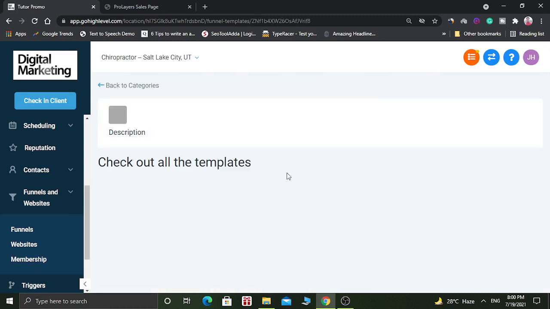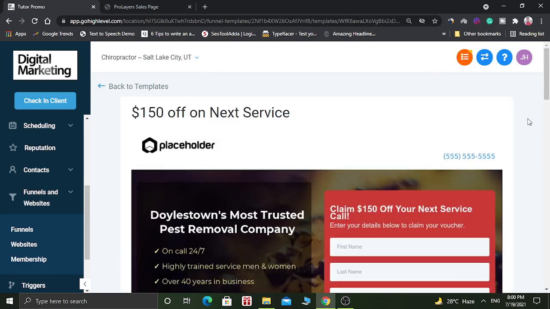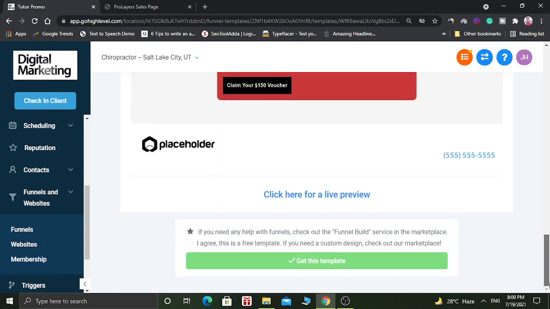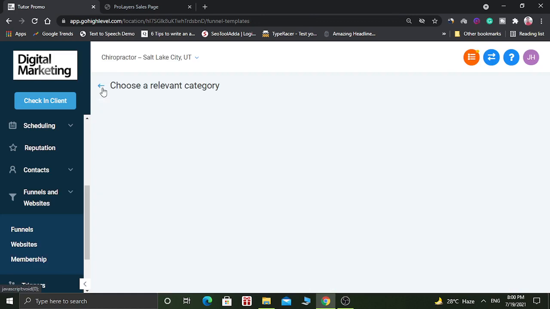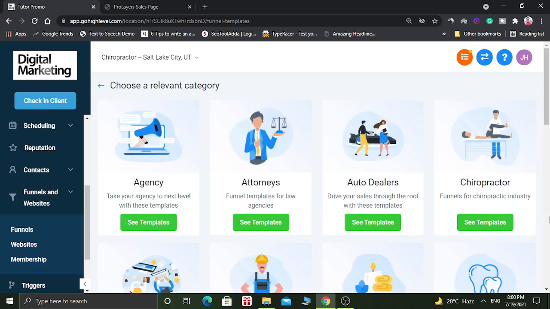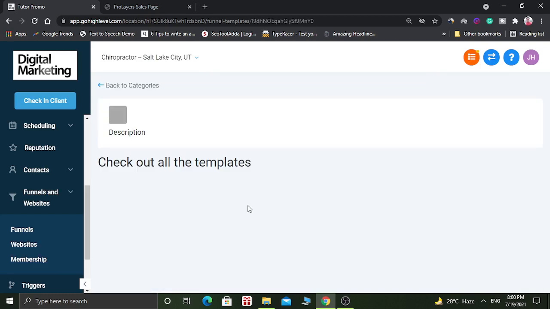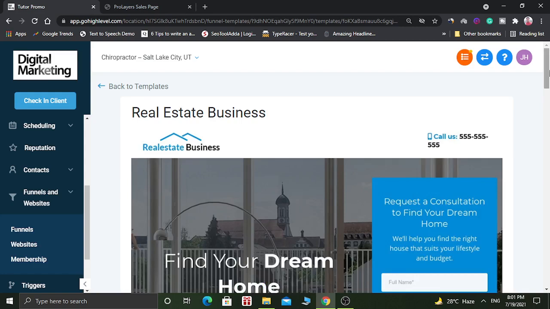Let's see the pest control template. This is the template for pest control. Let's see the template for real estate. Here lots of templates are available.